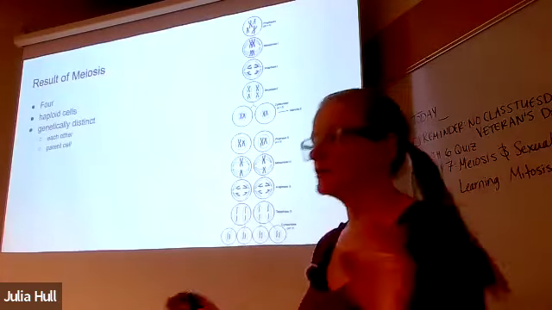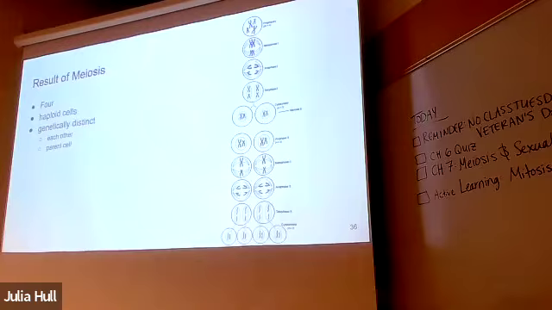Okay, write this down big in your notes. This is an important point. When we are all finished with meiosis 1 and meiosis 2, and we've done the whole thing, we are going to end up with 4 daughter cells. Each of those 4 daughter cells has 1 set of chromosomes, so we call them haploid. Each of those cells is genetically distinct from each other and genetically different from the parent cell that we started with.